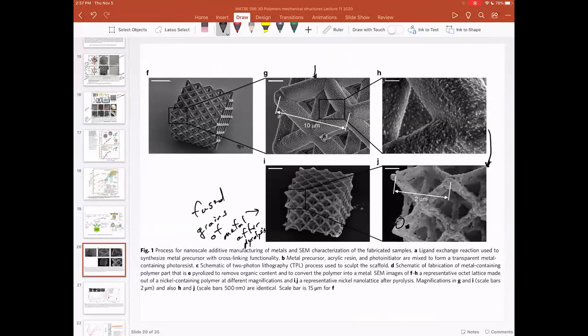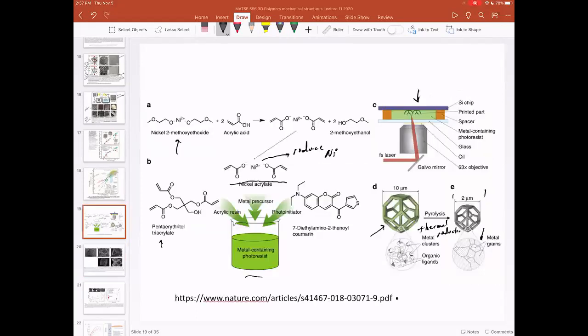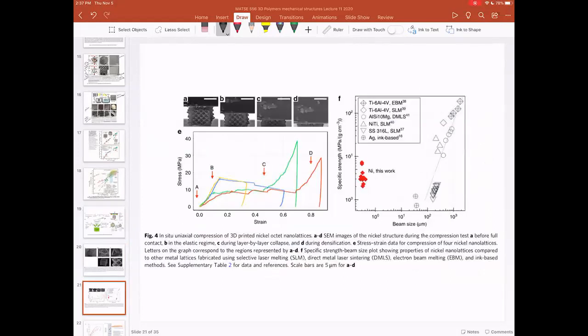Now that can introduce defects, but it might also have some advantages because those trusses might be a little bit stronger, or they might have higher surface area, which you're interested in. But basically, this paper is just highlighting all the different possibilities, or one of the different possibilities that you can use for a custom SLA resin that you can do post-processing of to get something else. And so in this case, they're looking at the fatigue and recovery properties, or they're looking at the loading to failure properties. I guess this one isn't fatigue, but we'll get to fatigue in a second, where now they have reasonable specific strengths at ultra low density,